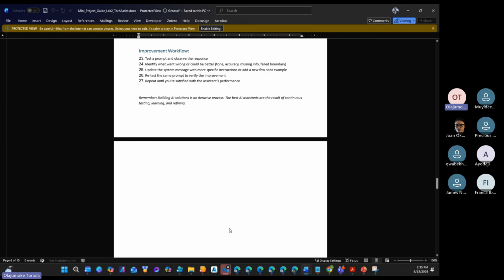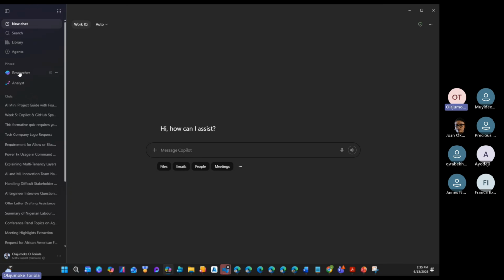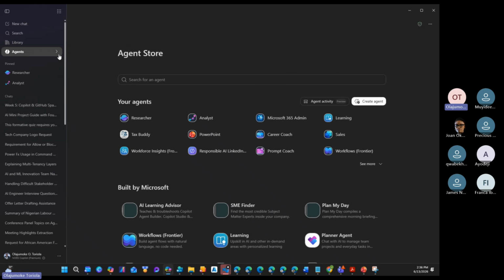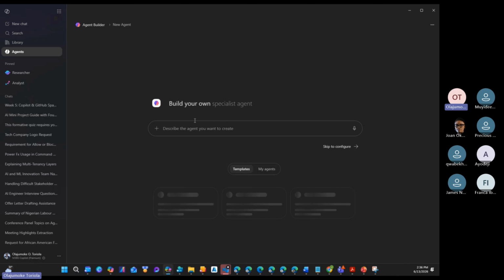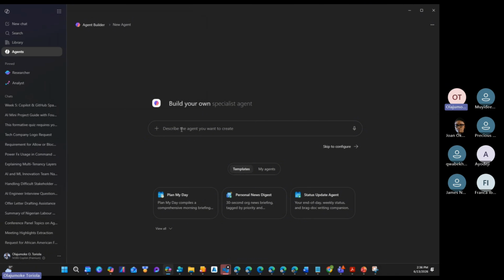You want to bring a lot of things, you can expand it. And if you decide that it is Copilot you want to use, maybe it is Copilot you want to use. So, how will I put it? Let me see. If I want to create an agent, if you have an agent to create, do you understand? If I say I want to create a new agent, this is my work account, so it's easy. I have an agent here that I can build, but for you I do not know.